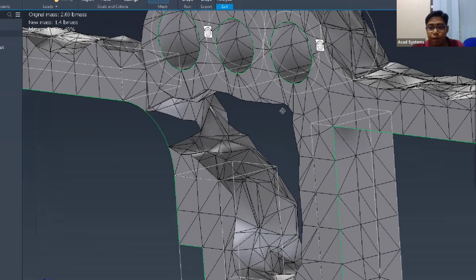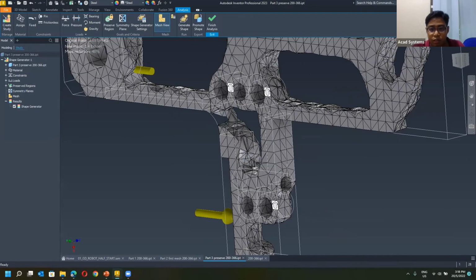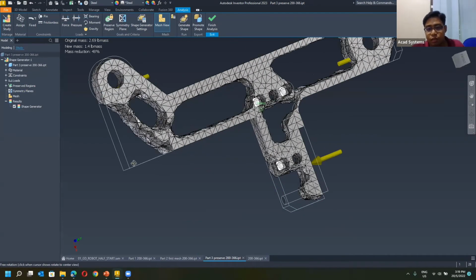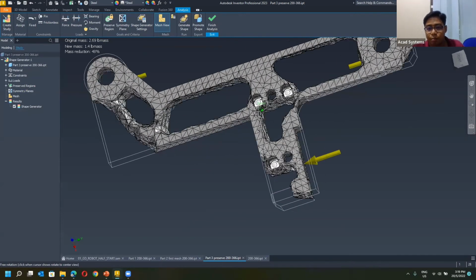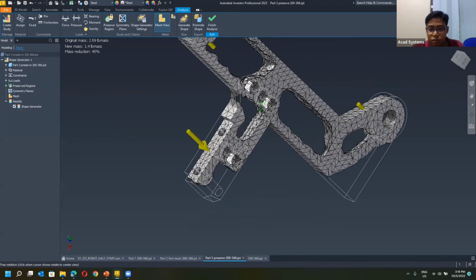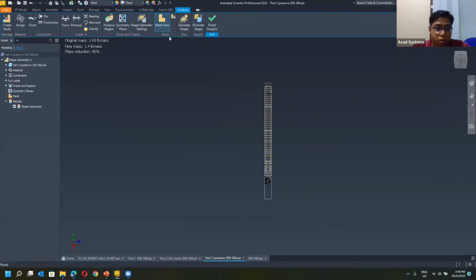Okay, so if I flip back to this left side also, we have this area, but on this side it has been removed. Right, so basically I need to make sure it has a balance, removing from the left and right, so it will be evenly removed. So for that I can use symmetric plane. So when I click symmetric plane,